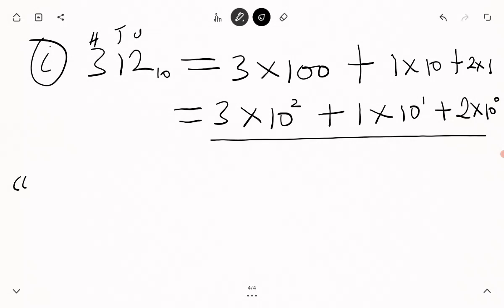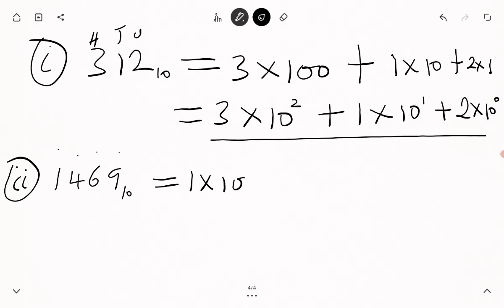So the next one, we have 1, 4, 6, 9, also in base 10. To expand it, you recall unit, tens, 100, and 1000. So we have 1 times 1000 plus 4 times 100 plus 6 times 10 plus 9 times 1,